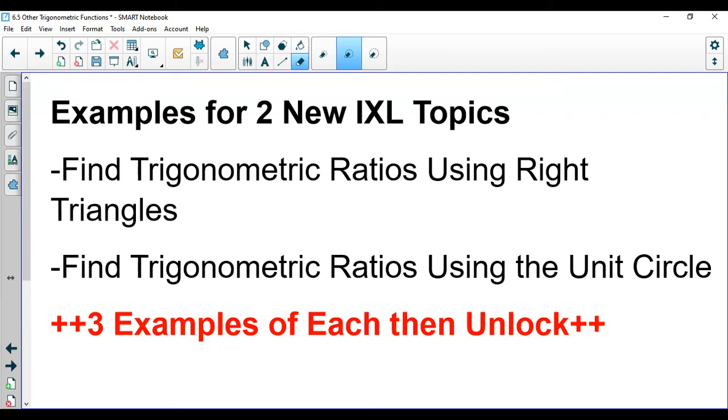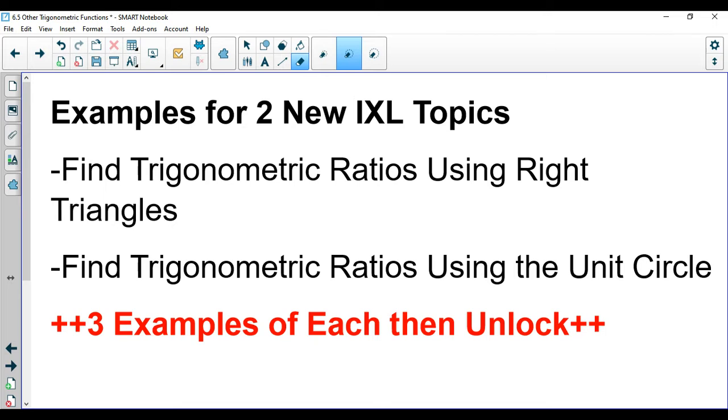All right, so what I've got for you today is we're going to look at two new IXL topics. They're called Find Trigonometric Ratios using right triangles and Find Trigonometric Ratios using the unit circle. And we're going to unlock those two new IXLs for you so that you should have a lot of success